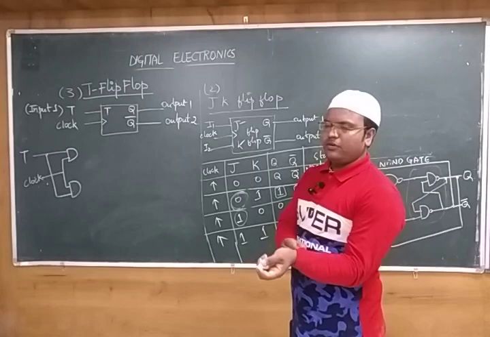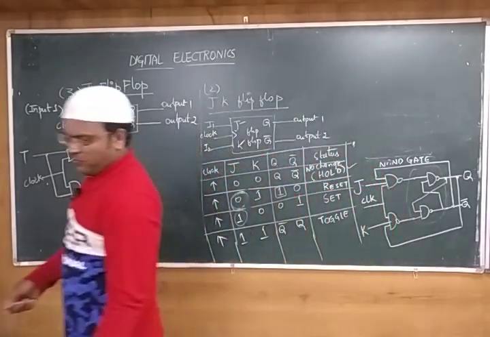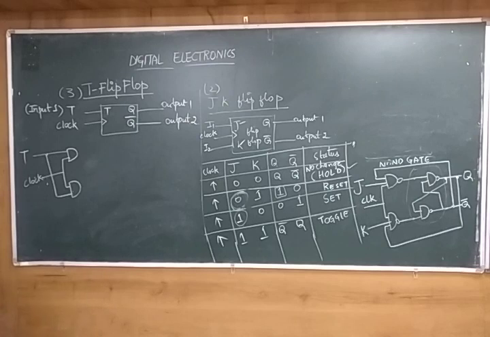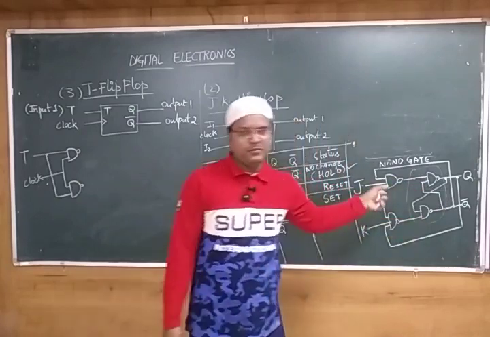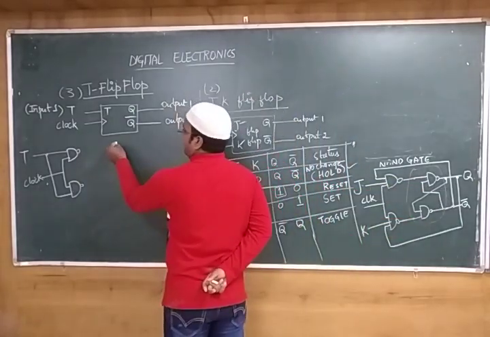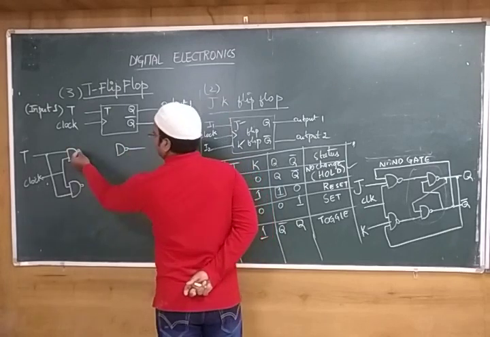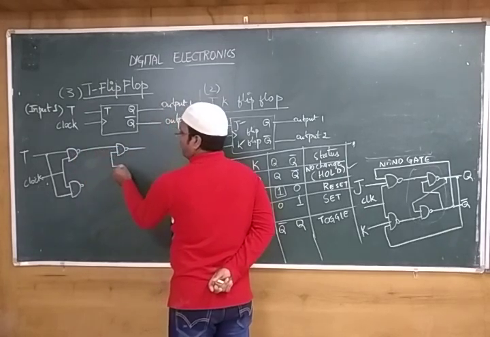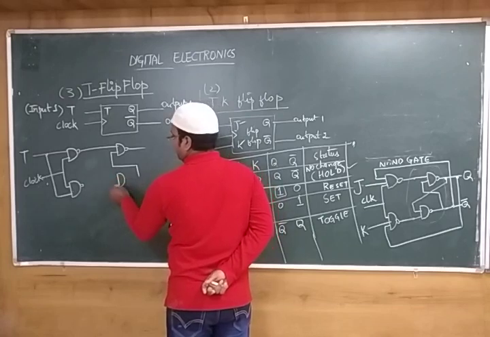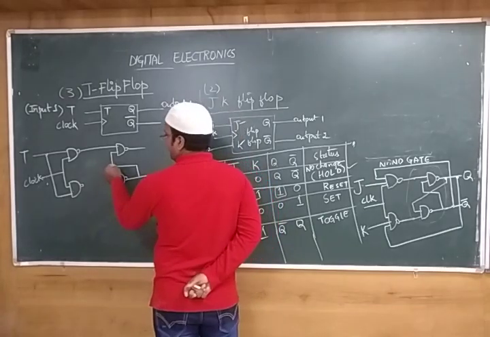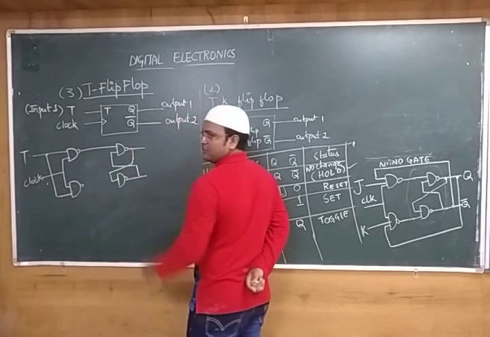Next, we want to design by using T. For designing this T, what is the essential part we have? We have to design by using a NOR gate. So the NOR gate would have bubbles at this end and this end. First the short circuit is done, then the bubble is given. Next, for using the NAND gate, what are the two things we have to give? What you have given here, the complete circuitry would be the same. So I'll take one NAND gate, pass the input to it, and the second output of that will be cross coupled and given to the next NAND gate. Likewise, the input of this will be passed to the output of the first one.